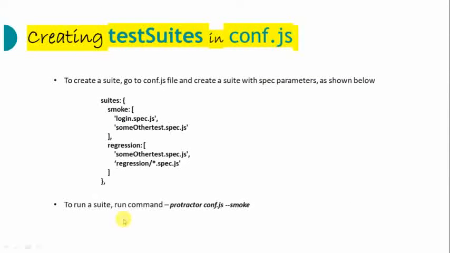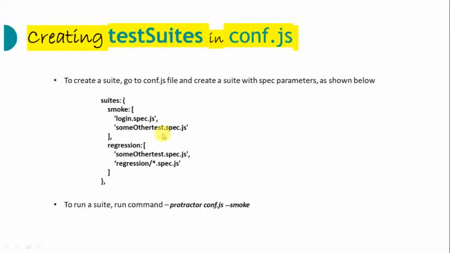So how can you create a suite in conf.js? This is the example of how you can organize everything. If you have to create a smoke suite, you have to mention inside suites smoke, or the name that you want to give it, and then in square brackets you have to mention all the